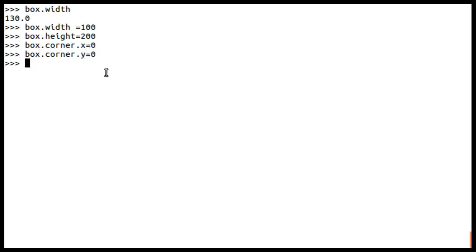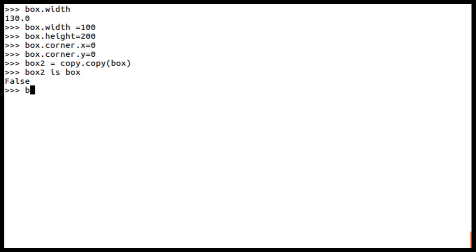Now let me create a box called box2, which is equal to copy dot copy of box. Now if I type box2 is box, obviously we expect false.